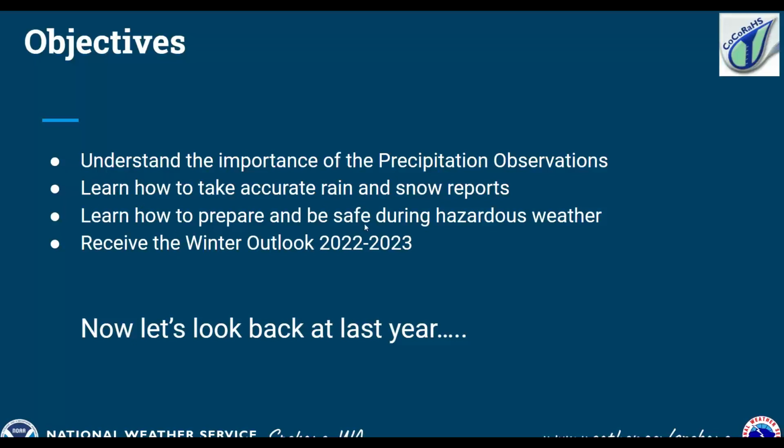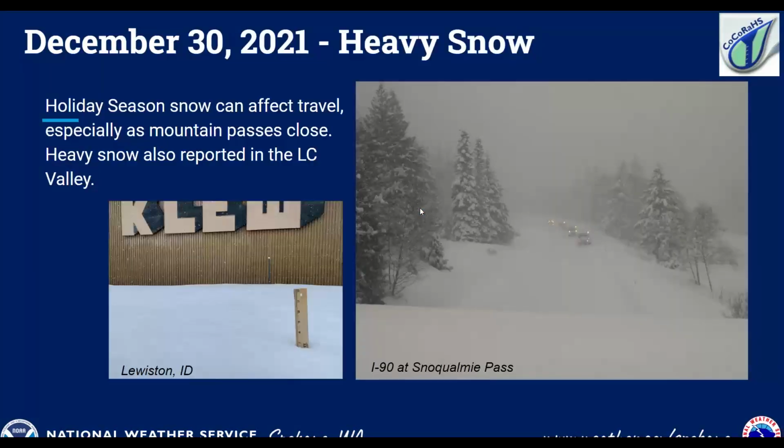But first, let's look back at what happened last year. If you forgot for any reason, or maybe you're new to the area and you're not quite sure, yes, we had our bout of heavy snow. Just last year, over the holiday period, we had some heavy snow. And that can really affect travel, especially across the mountain passes. In fact, that was December 30th, I believe.